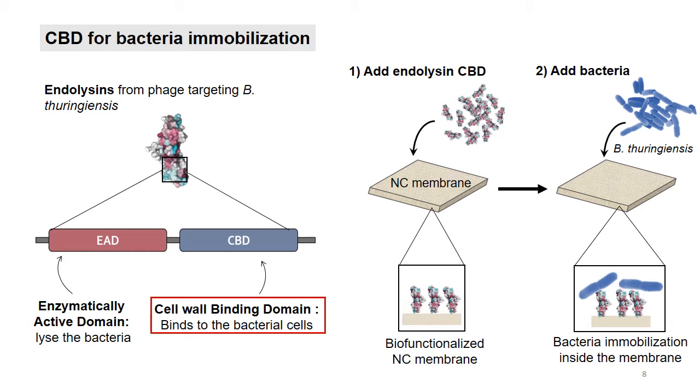Let's now introduce the results section of this presentation by looking at the new bioreceptor chosen. The endolysins, which are produced by phages to lyse their host, present different domains with different purposes. In particular, the cell wall binding domain, quickly named CBD, is responsible for binding in close proximity to bacterial cells. This binding capacity is used here to employ the CBD as a specific bioreceptor to immobilize and detect Bacillus bacteria